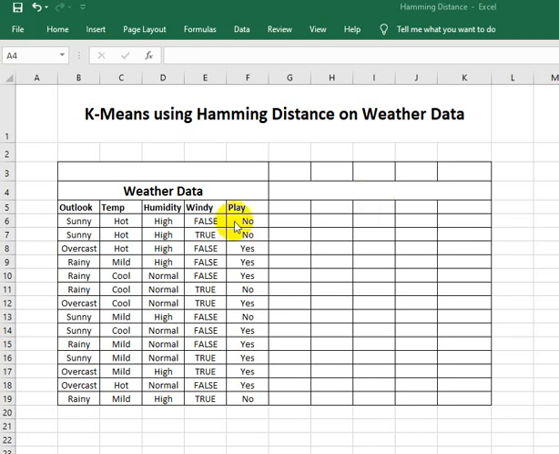Hello everyone, today we will see how to use k-means clustering with the Hamming distance on the weather data. Here is the weather data in which we have the values of outlook, temperature, humidity, windy and play. In outlook we have sunny, overcast and rainy, three options, and in temperature we have hot, mild or cold, and in humidity we have high or normal, and in windy we have true or false,